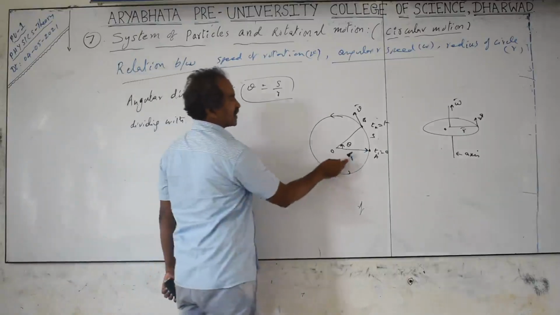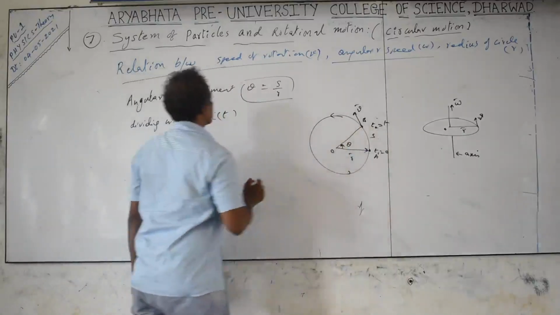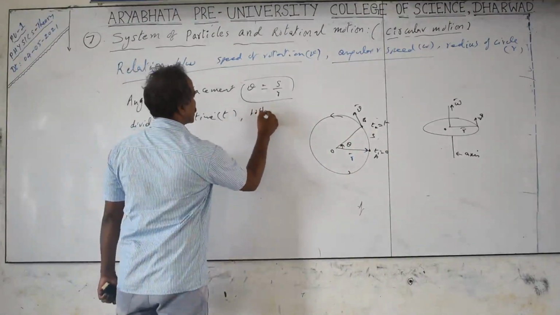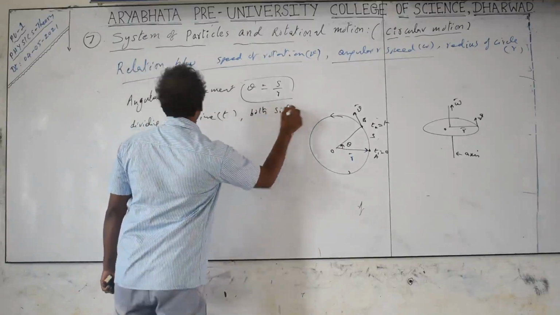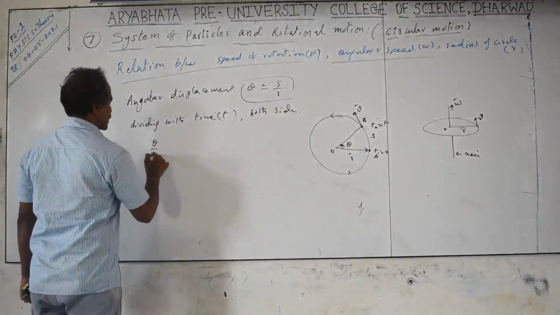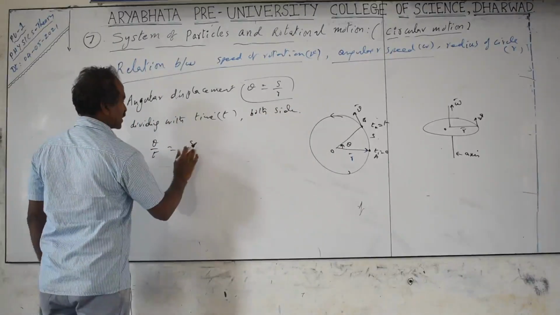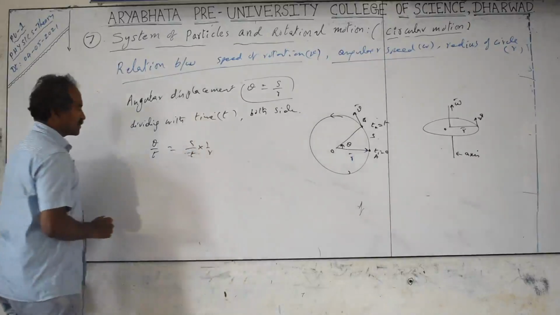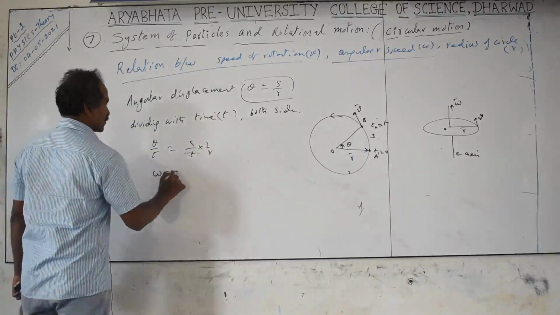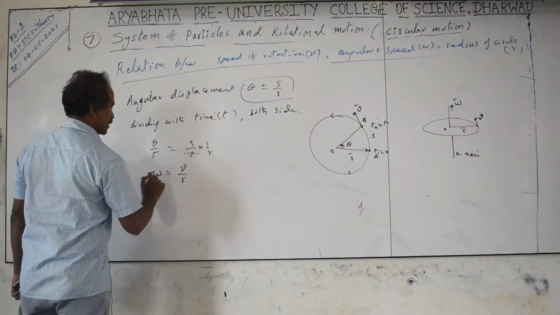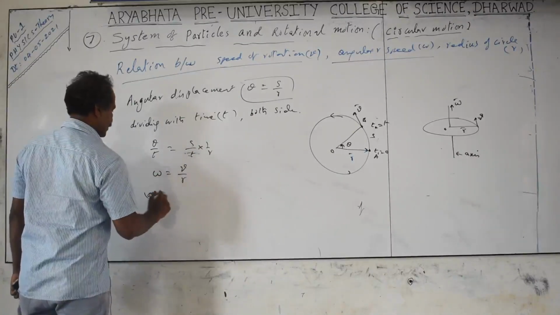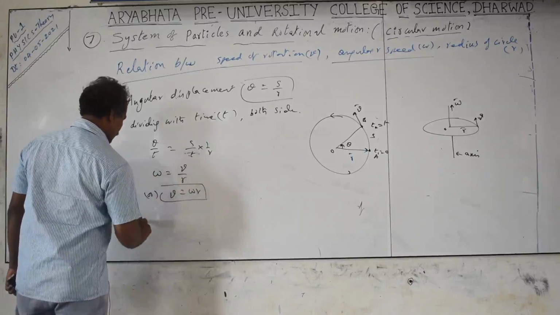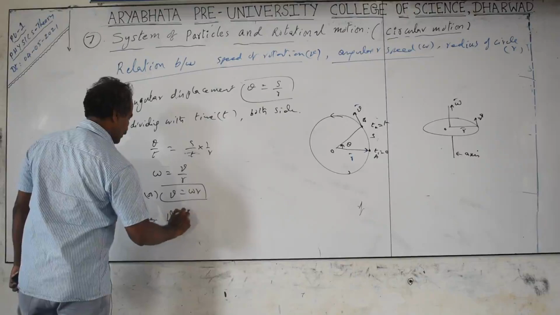The displacement theta is taking place in time t seconds. We take both sides, dividing with time t. What you get is the relation theta by t is equal to s by t into 1 by r. Theta by t is nothing but omega. Omega equal to v by r, or v equal to omega r,